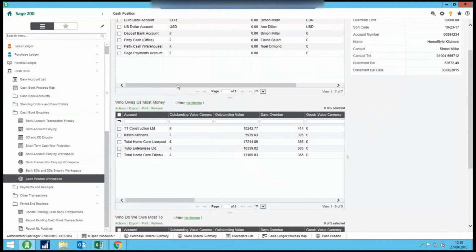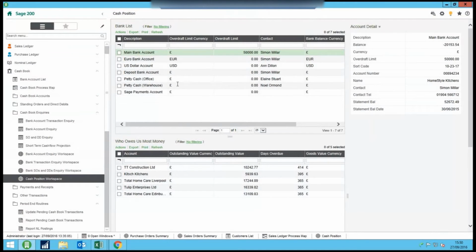This is starting to pull through useful information about your bank accounts and the people who owe you money and suchlike. By bank account, highlighting that on the top here, I've got my main bank account, and it's showing us who owes us the most money in this case, and who we owe the most money to. So some useful workspaces, but also the cash flow projection,